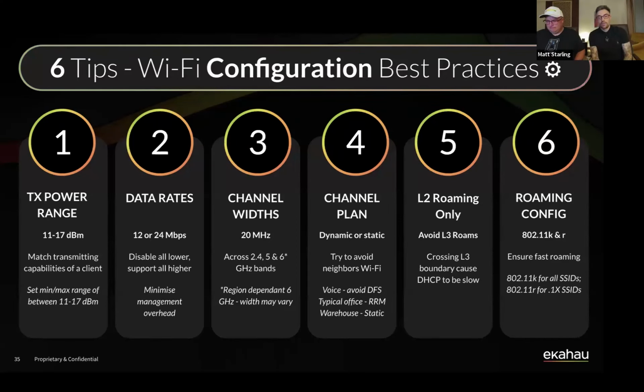Then when it comes to the configuration for some of the roaming amendments, I would always recommend enabling 802.11k, which is neighbor reports. I don't see any reason why we wouldn't have this on. Basically, it just means your access points that can hear each other can form a table and then inform your client devices with that list of what their neighbors are using in terms of channels. So it can speed up scanning times to find those access points to associate to.